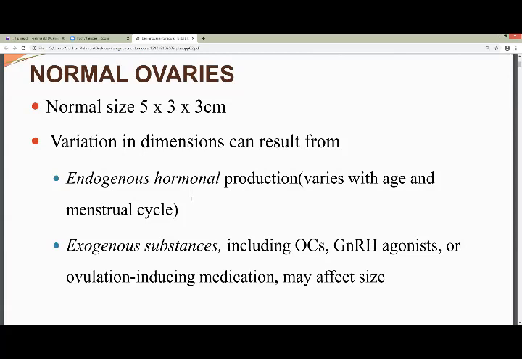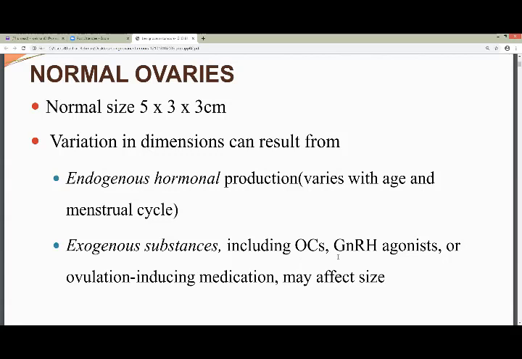So about the normal ovaries, the normal size can be around 5 into 2 to 3 centimeters. It is not a hard and fast rule because variation in the dimensions can result from endogenous hormone production, which varies with the age and the menstrual cycle, as well as exogenous substances which are used, including the oral contraceptive pills, GnRH agonists, which can be